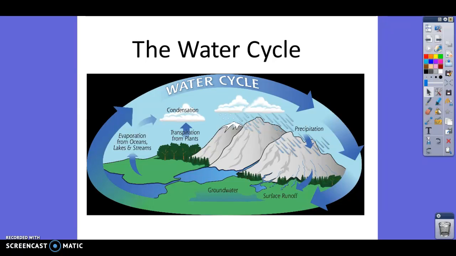Now we said there are two things that determine what biome is in a specific area. Do you remember what those two things are? One of them is precipitation, so the amount of rain that they get. And the other one is temperature. So temperature and precipitation are the two most important things that determine which biome is located in which area of